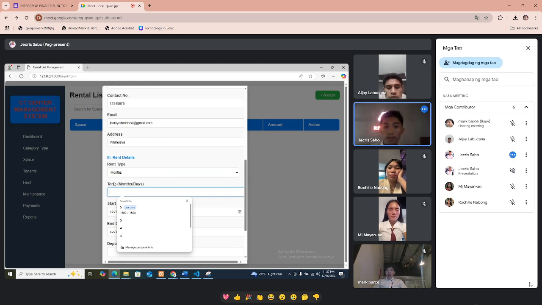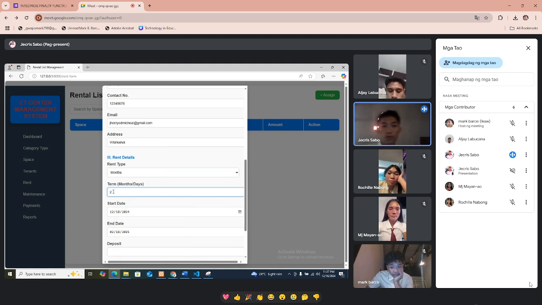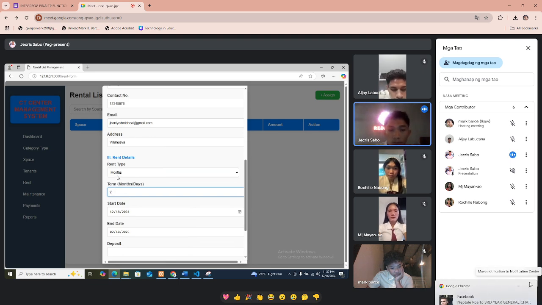If the month, if we put 2 months, it means 2 months. If we select days in rent type, it's 2 days. So here it's rent per month, so these are 2 months.